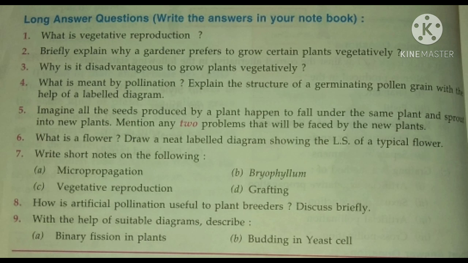Next, grafting. You have to briefly explain the grafting method. In page number 19 you will get it. Here also you can write point-wise. Don't write it in an essay type; make points and write. In some cases such as rose, mango, guava, we can go for the grafting method. The plant receiving the bud or the shoot is called the stock, and the shoot fixed on it is called the scion.